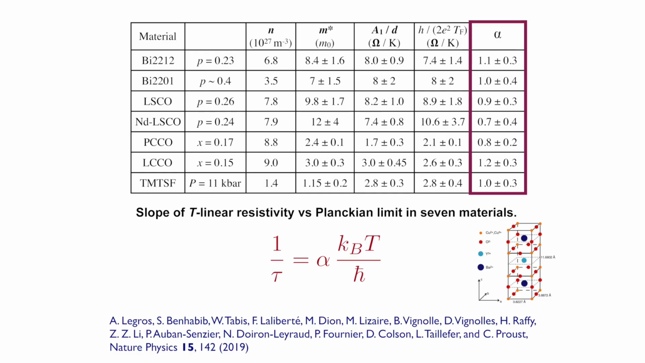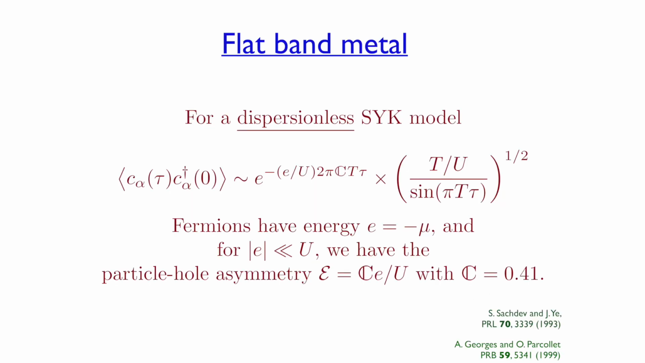And here are actual numbers for a whole range of compounds. Alpha is this number here, and you see it's within a factor of 2 equal to 1. Okay, so we want to understand this. I can't claim we have, but we're going to give an ansatz, a very simple ansatz that seems to capture